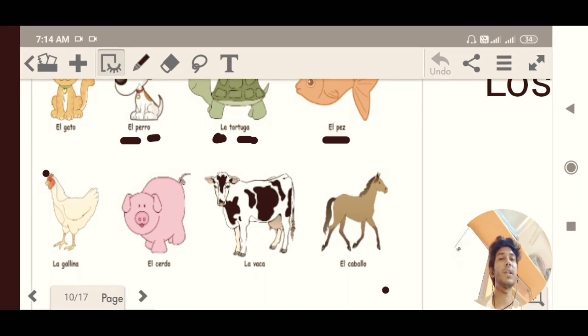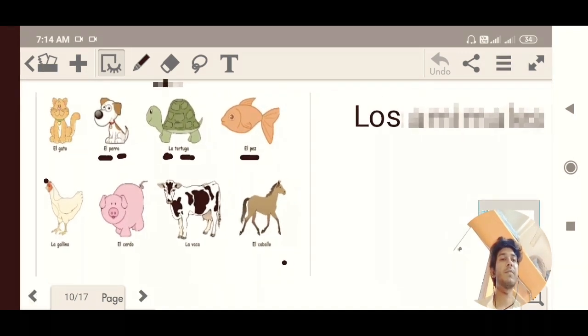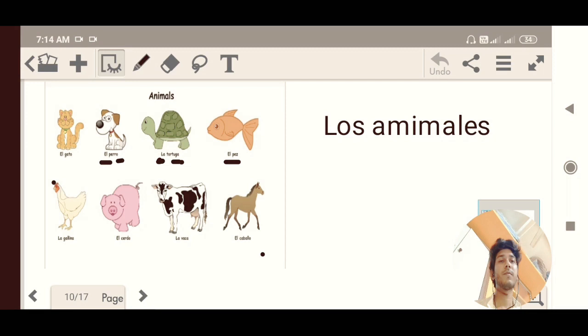In the next lesson, we will memorize each and every name of the animals and we will practice that. So until then,